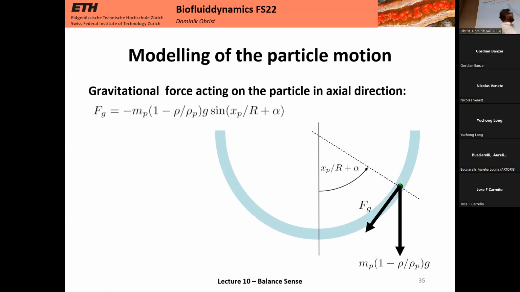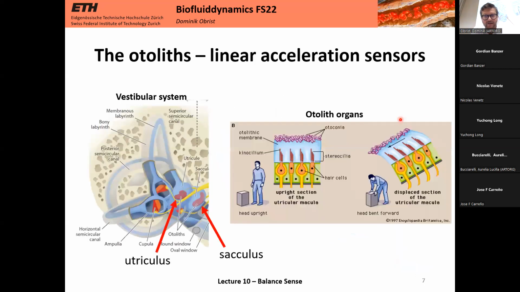We assumed a particle somewhere inside this canal at a certain position under the action of gravity, because gravity is really what moves these particles. Gravity pulls them down. This is the density difference between the density of the endolymph and the density of the particle. I haven't told you that: these particles are the otoconia particles. Maybe you remember them. These are the particles that are in normal condition,